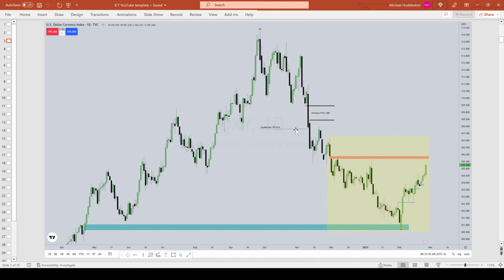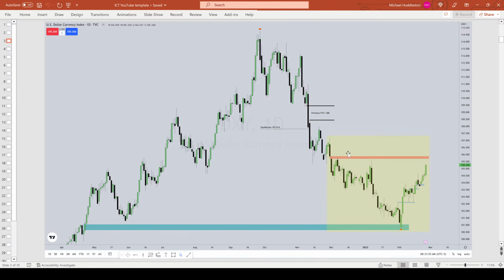At that point and above to get to premium, we have this premium fair value gap in the form of a SIBI, sell side imbalance, buy side inefficiency, meaning that this one single candle here, this down candle, is inefficiently delivered. So should the dollar mount a continuation beyond this area, we're just looking at the next near-term objective,